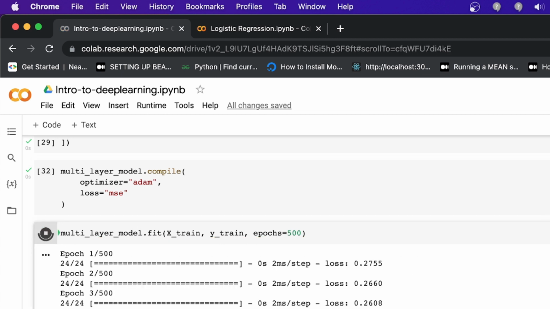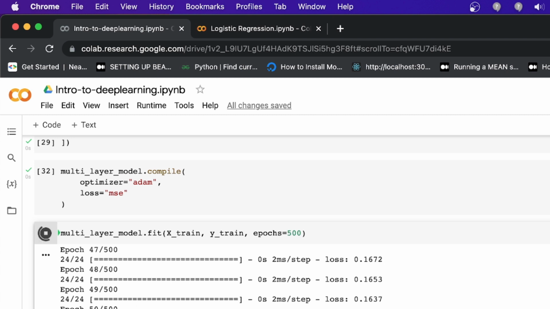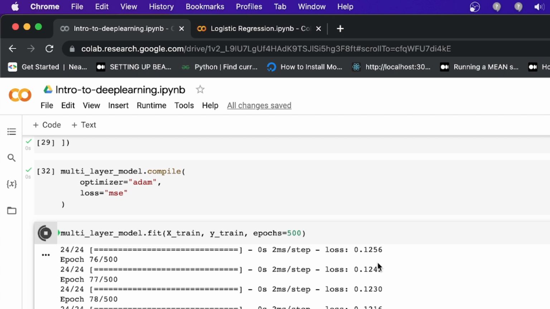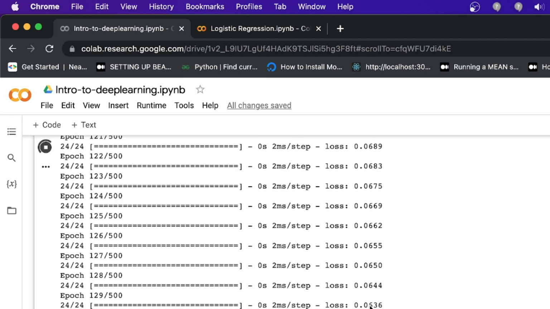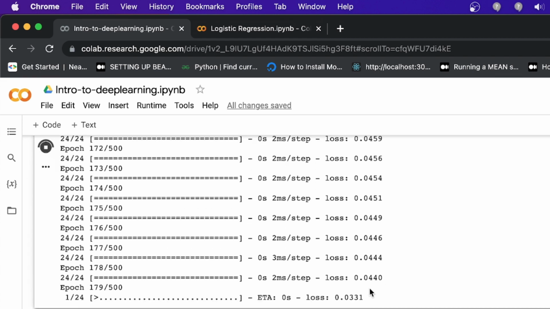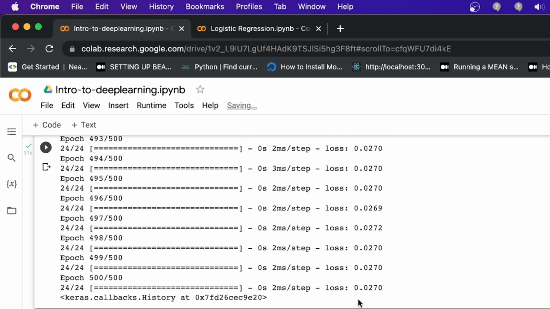Now the epochs have started, and you see the loss function is like 0.4 still here, and then how small it gets, 0.03. Last time your minimum loss was 0.02, but in this case after only 300 epochs the loss is 0.02, 0.01, 0.02 and 0.01.